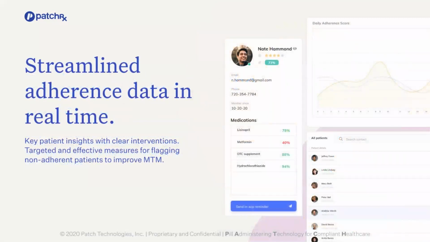Hey, fantastic. Well, thank you guys so much for letting me come here. I'm Kevin Walker. I just joined the team as their Chief Strategy Officer recently, and super excited, coming from a pharmacy director role in the healthcare space, particularly critical access hospital, and actually having a retail pharmacy inside of there for our employees. So getting to see some of the things that were going on at PatchRx and now getting